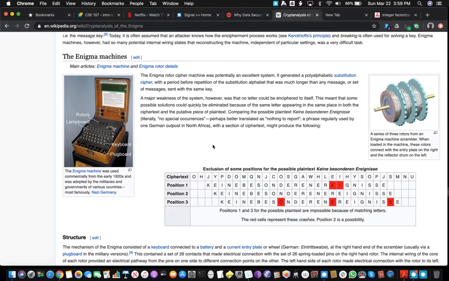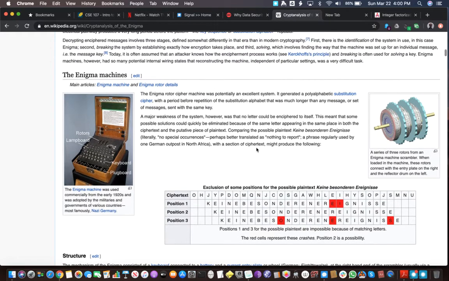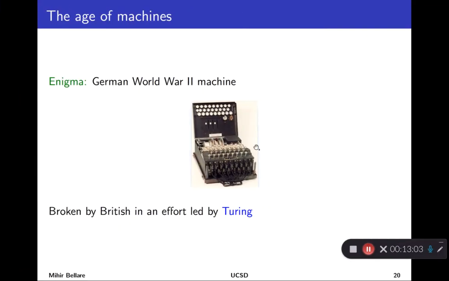You can see here a perhaps nicer picture. It has various things called rotors over here, and you can see that the rotors will change letters in certain ways. There were many possible choices for these rotors, and so there was a little bit of context dependence in how encryption of letters was done and so forth. And the Germans were quite confident about this, but this is one of the early lessons of cryptography, is that the confidence was relatively misplaced. There was a rather exciting and popular, well-known effort led by Alan Turing, which succeeded in breaking these ciphers and influenced the course of the war.